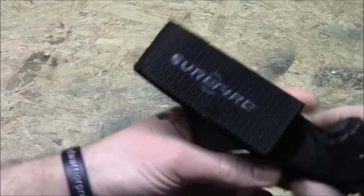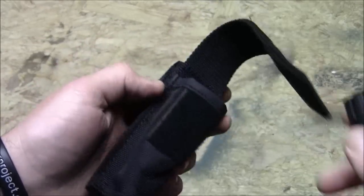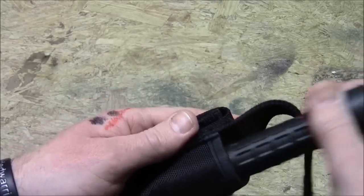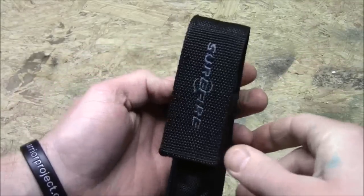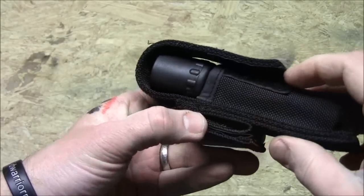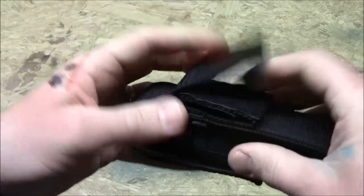Another option is this guy right here, which I'm going to do a review on very soon. It's basically a QD carry holster, if you will, for your flashlight. This guy fits in there pretty much perfectly, as you can see. Close that guy down. It says Surefire across it. Hook and loop closure there, and then hook and loop closure on the back. Actually, the other day, just to test this